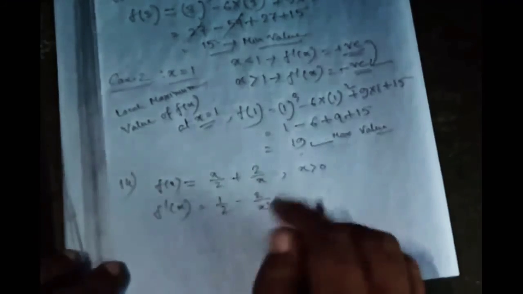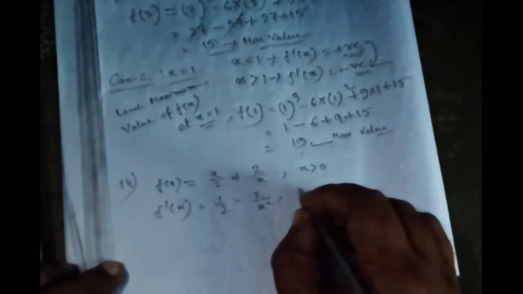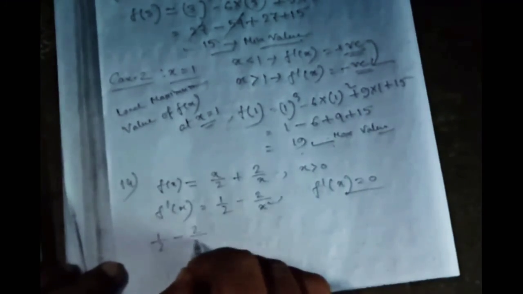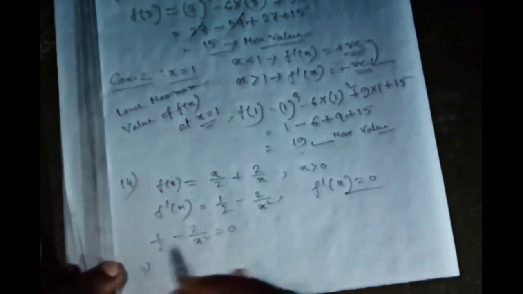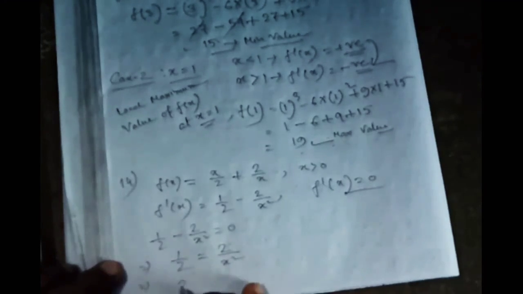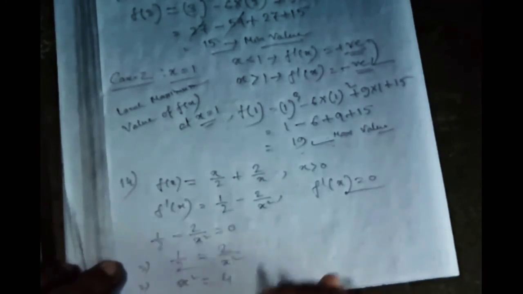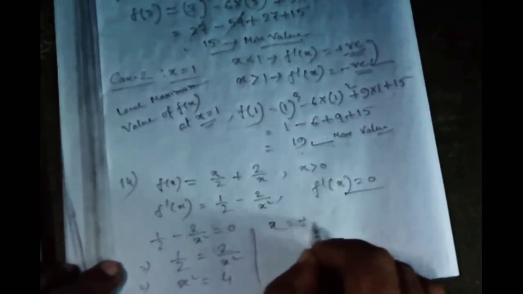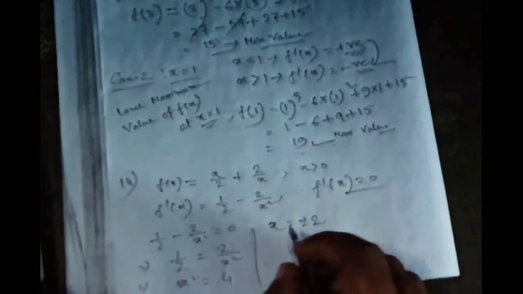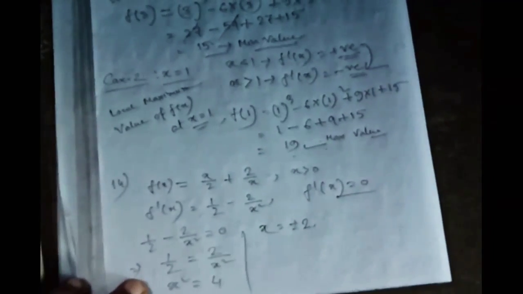Now for maxima and minima, again we have to do f dash x equals to 0. So that means half minus 2 by x square equals to 0, that's equal to half equals to 2 by x square. So x square equals to 4, x equals to plus minus 2. Again here case arises. The case should be, so we are getting x equals to